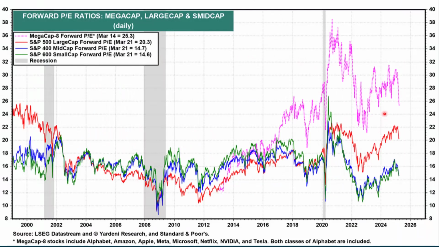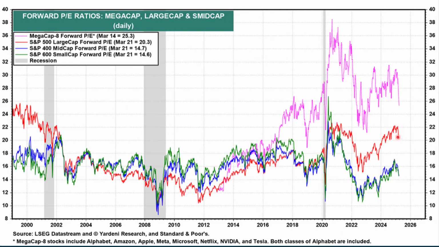It looks forward. Everything I've showed you up to this point has been historical. The market looks out at what analysts are saying earnings are going to be, what the forecasts are, and then another PE ratio is calculated based on that. The red line is what I pay attention to the most, and that is the forward-looking PE ratio for the S&P. And we're still just a little bit above 20, even with the declines that we've seen from about